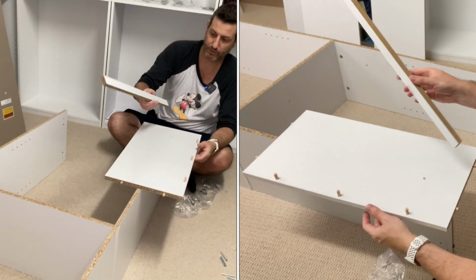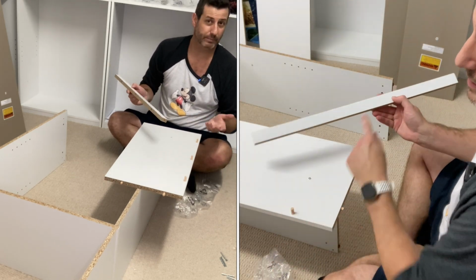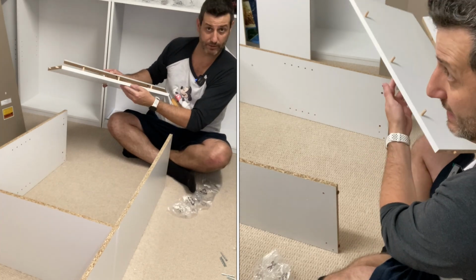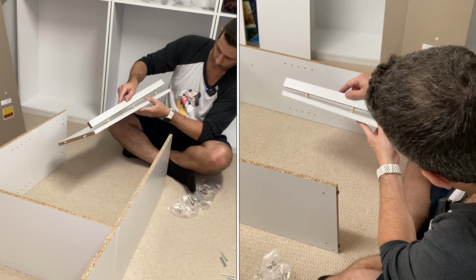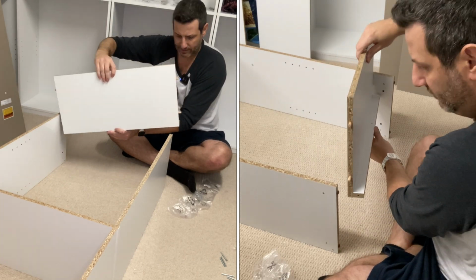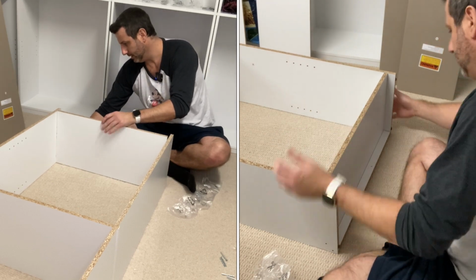The purpose of that is we're going to fit board F onto that. Board F doesn't really matter which side faces forward, so try and find the one that looks better. I've had sometimes blemishes or pinch marks on it. So you have a finished side facing out on B. That's what's going to be facing ultimately outward. So that's the side you're going to want to make your outward piece F face as well, the nice side. Okay, F and that finished side face downward. And we're going to seat this here. You can see F is along the bottom channel. And with the dowels,